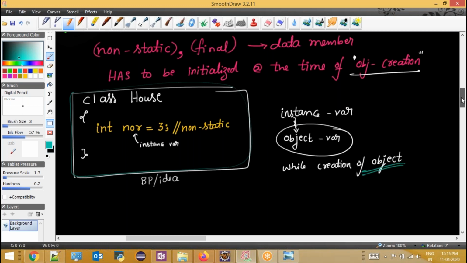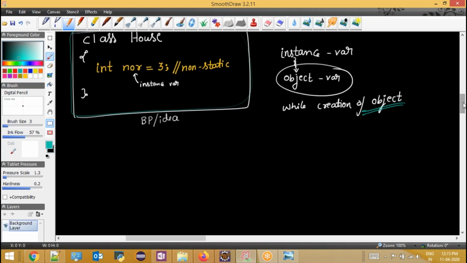So let us create an object for this class. Right now, I'm going to create an object for this class. How do I create an object? Like this: House h1 equal to new House. It means to say,